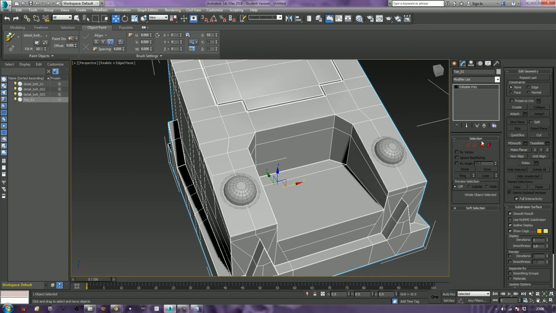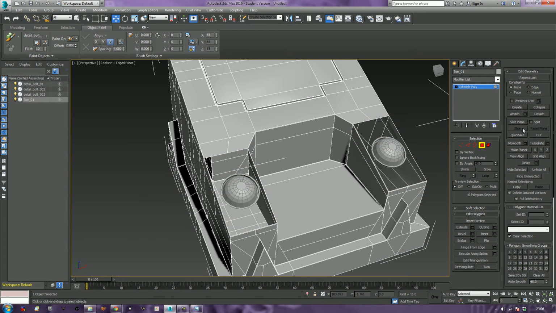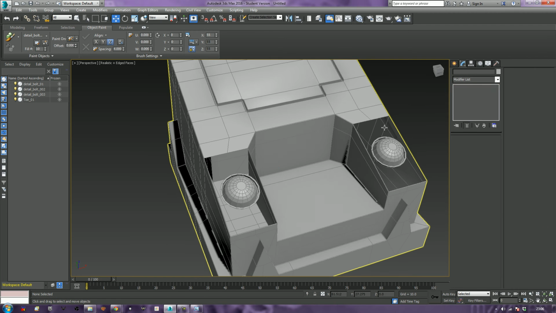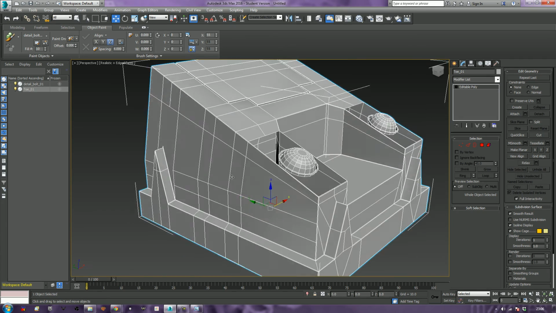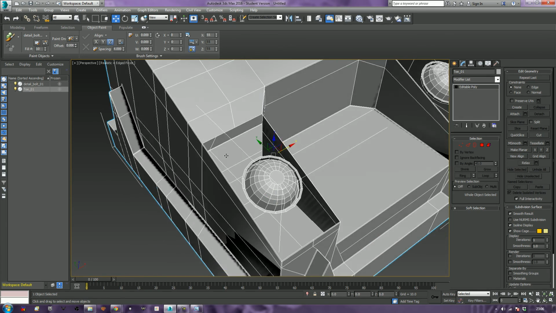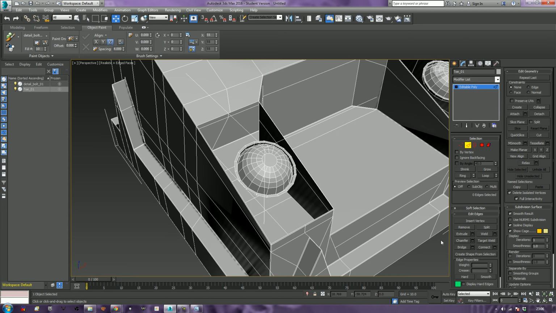However, they're not a part of the model, they're just resting on top of it, and we're not seeing it in its full glory. So if I select these 4 now, like that, and delete them, select this and use the attach tool and just attach that one and that one. There we go. Now with these attached, I can do something pretty darn clever. If you've not seen me do this before, it's one of those things I quite enjoy, so I'm just going to bridge from there to there,